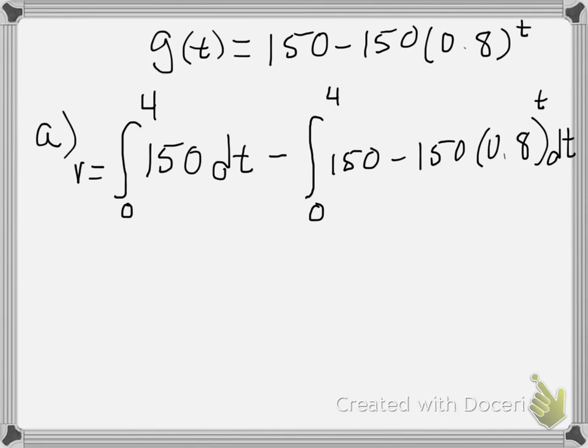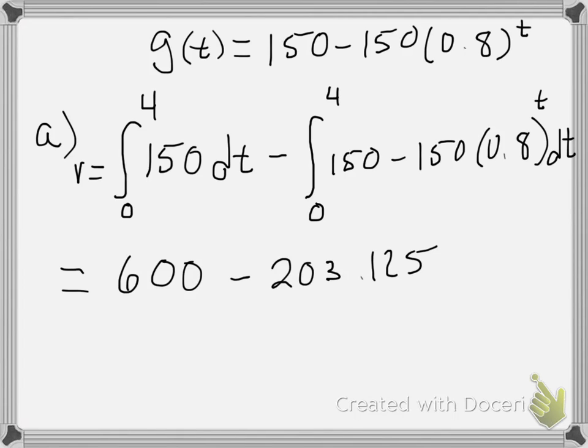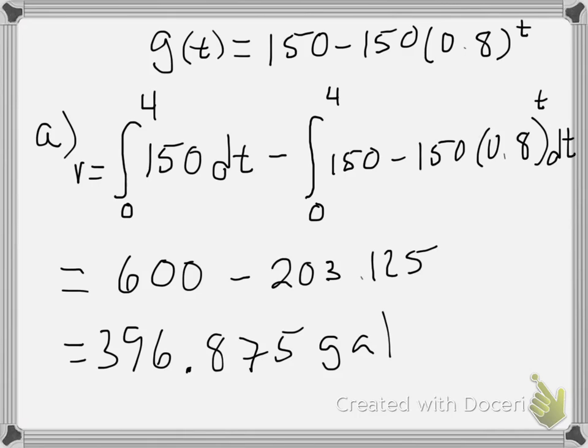Alright, good time to get out the trusty calculator, and I have 600 gallons going in, and I got 203.125 gallons going out, and that leads to a net change of 396.875 gallons. So there's a 396.875 gallon increase in the tank. Okay. Now part B